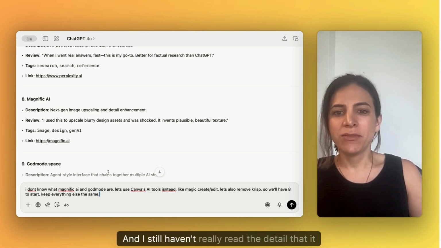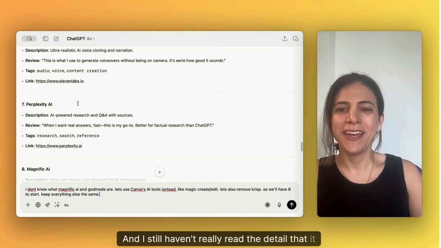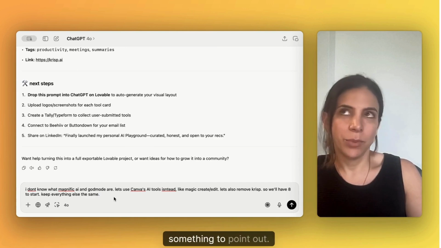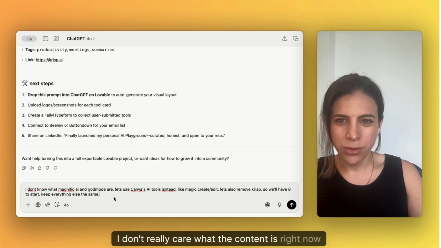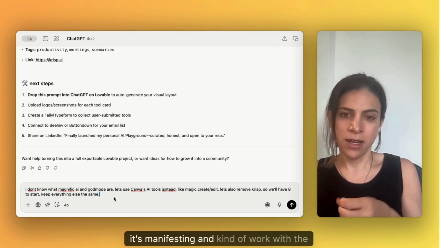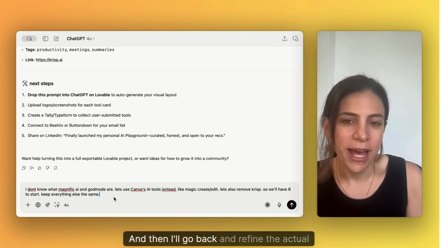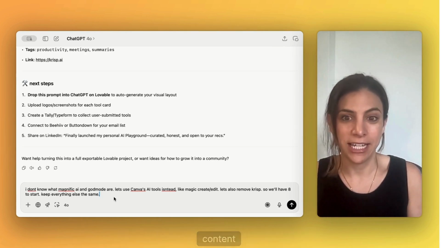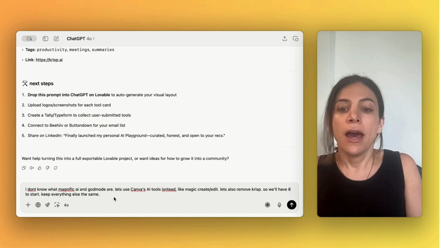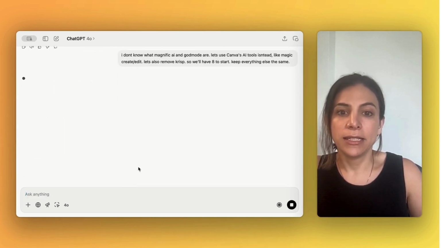And I still haven't really read the detail that it gave on these, but that's actually something to point out. I don't really care what the content is right now because I want to put it into Lovable and see how it's manifesting and kind of work with the product. And then I'll go back and refine the actual content once I know kind of more about the shape that it's going to take. So I'm just going to give it this little edit,